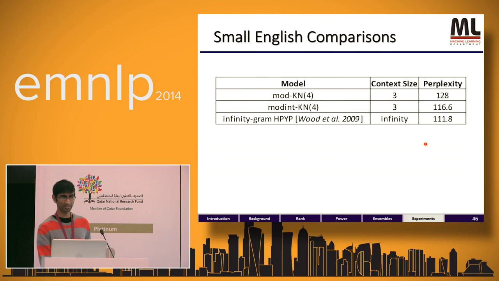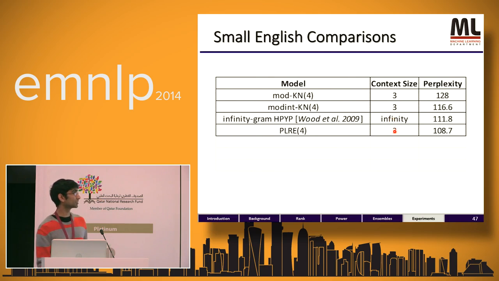So this is n-grams, so this is KN. Context size 3, so it's a 4-gram model. You can see modified interpolated is better. This is an infinity-gram hierarchical Pitman-Yor. It's basically generalizing Kneser-Ney to infinite context length. So you use more context size and you can gain some perplexity from that. Of course, it might be painful computationally, but